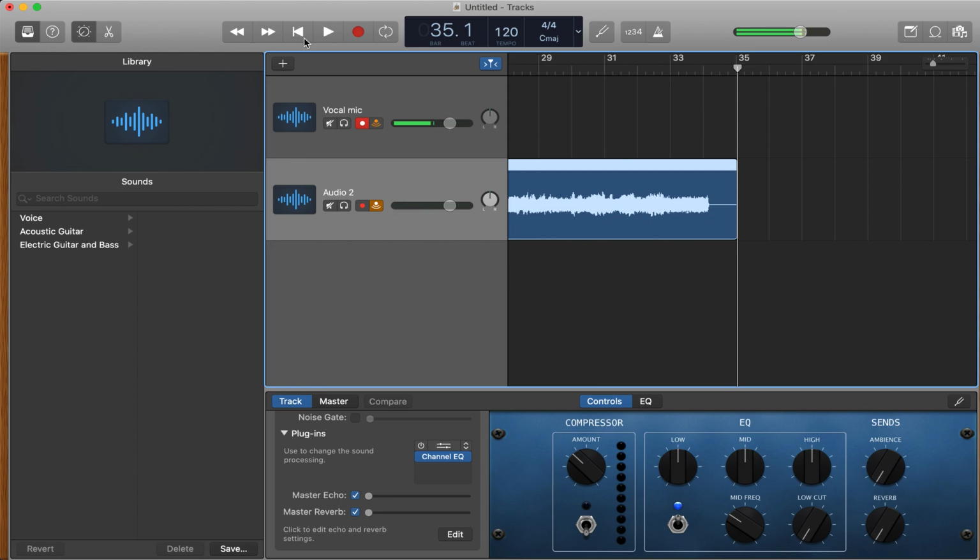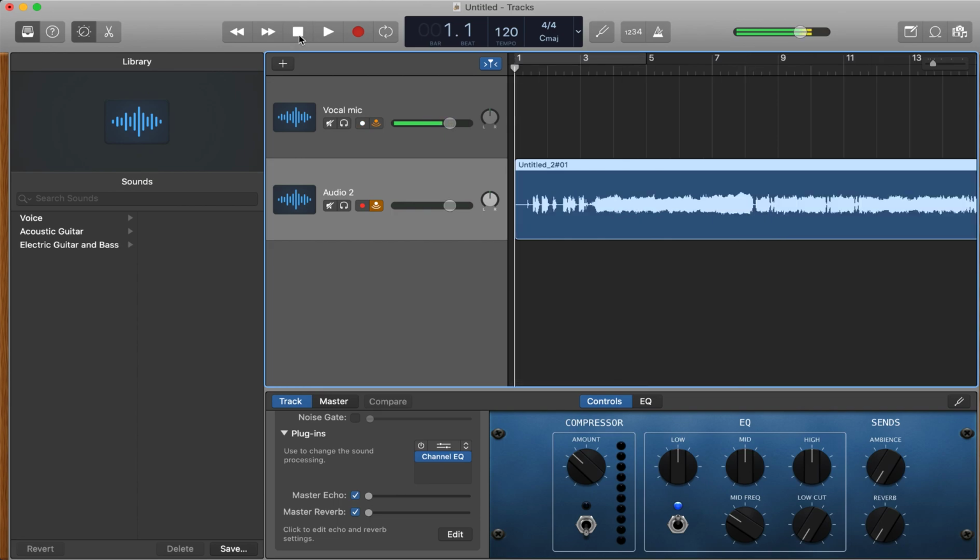All right, so now what we're going to do is create the three layers that I'm theorizing the sound may be made of. So it's going to be what we just heard there, which is a combination of direct and close miking with the dynamics of the SM57. And then we're going to compose a track of the room sound. And then we're going to compose a track of the room sound with the chamber. Now I theorize